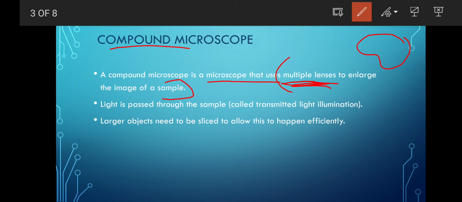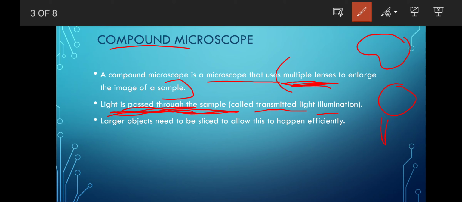Light is passed through the sample, a beam of light. If you observe the microscope, there is a mirror at the bottom of the microscope, and from there we pass the light. It is called the transmitted light or illumination.